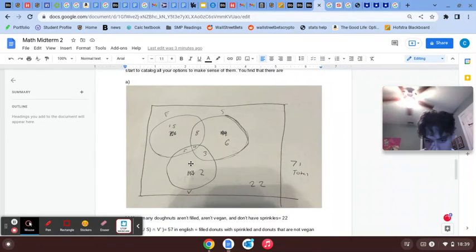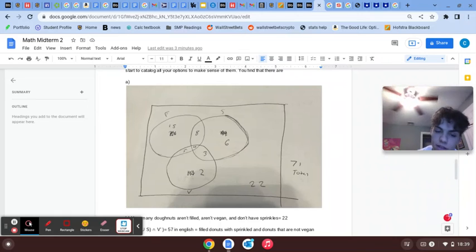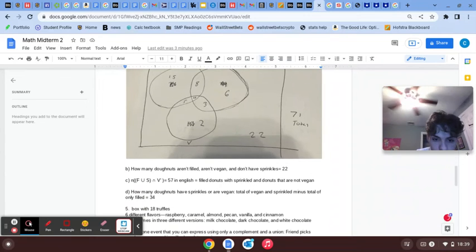So here's the chart I created. You take 10, you subtract that from the number of filled and sprinkled and vegan and filled. And then you get each little mini intersection, and that allows you to find the totals of only filled, only sprinkled, only vegan. And then you subtract that from the total, get 22, which leads us to question B. How many donuts aren't filled, vegan, or have sprinkles? That's 22. And then we created this with the number of filled donuts with sprinkles and donuts that are not